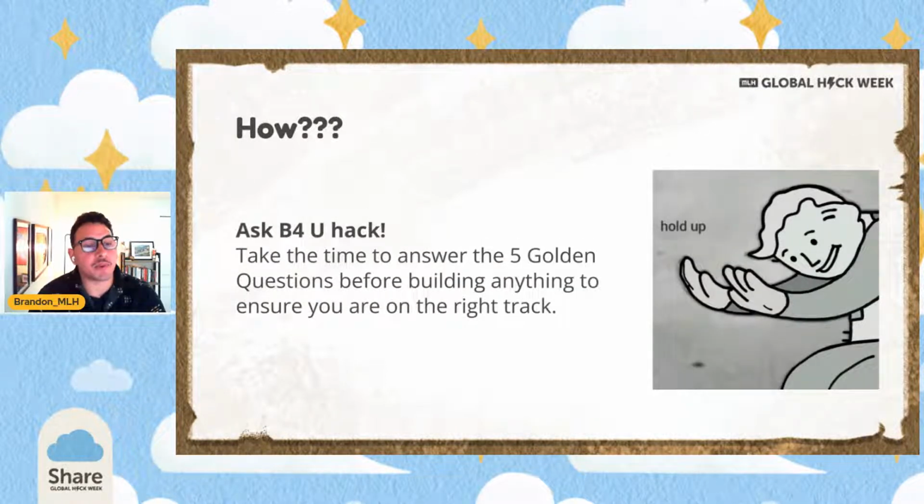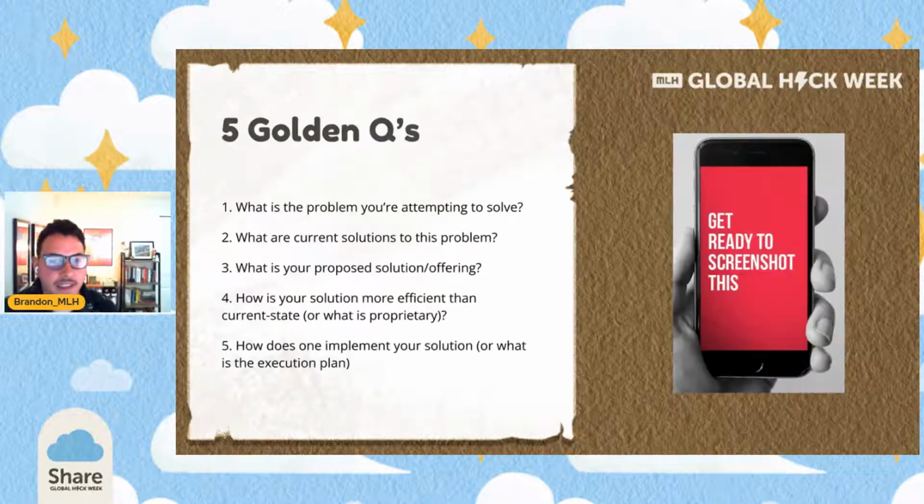All right, so how are we going to do that? I know that sounds like a lot. How are we going to figure out how to run our project at any stage? We're going to ask ourselves some questions. We're going to ask before we hack, but who are we asking? It's ourselves, and we have just a few questions for you to ask yourself at any stage. That will, guaranteed, give you a clearer idea of what to do next.